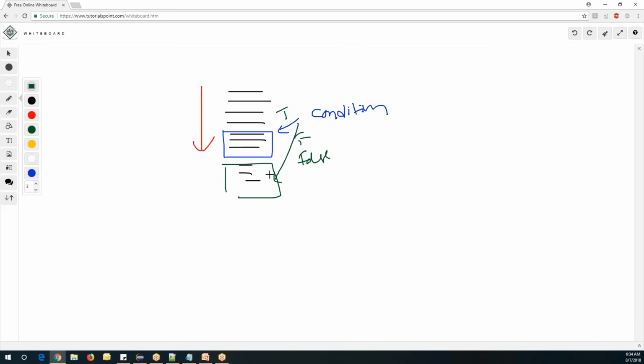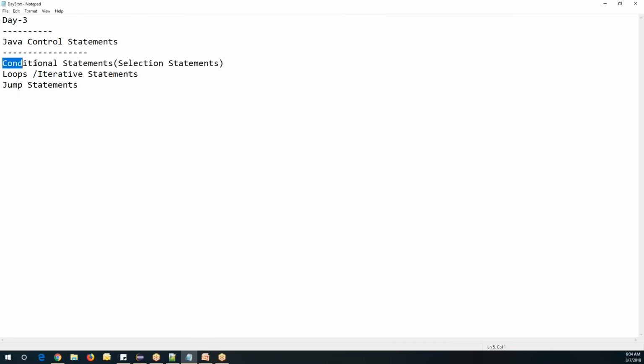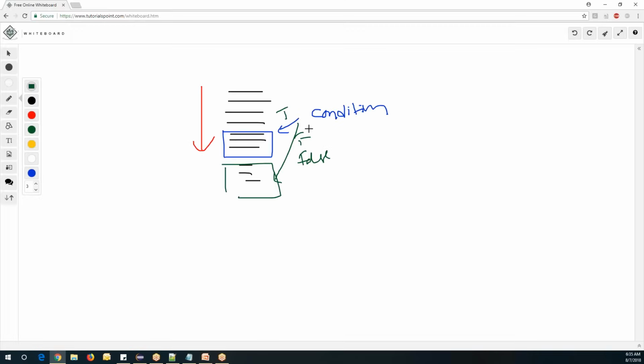So how can we do this? This can be achieved by using the conditional statements provided by Java. We have the if condition, if else condition, and switch case, all of which come under conditional statements, or we can also call them selection statements. Based on the condition, we execute a certain number of statements. The other one we have is